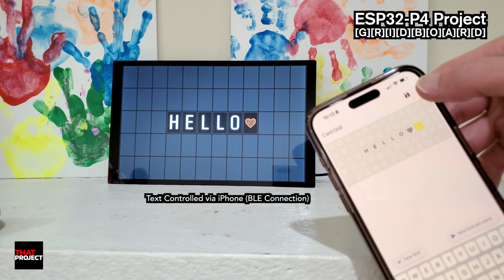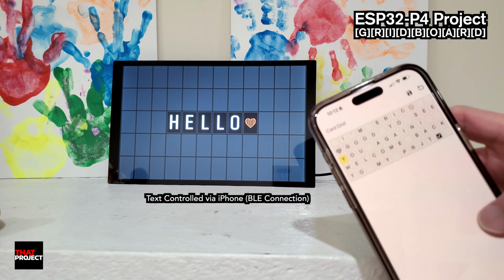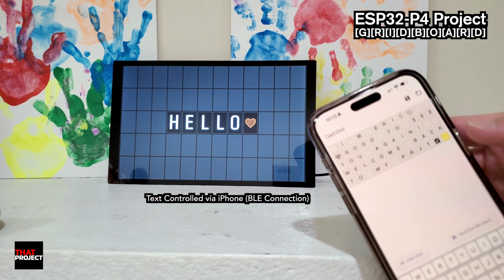I can freely create the content I want to display on the screen of that device through my iPhone. This is connected via BLE.